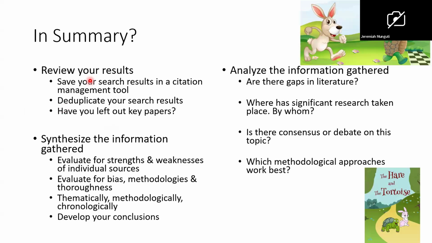Please, as you go about, review your results. Save such results in a citation management tool. And this is where I bring about, I have a preference to Zotero. It's easy, it's nice, it's wonderful. I found people who die by it. Choose. Deduplicate your search results. Most of you will be reading at your work and you'll find Munguti et al. 2020 and Munguti et al. 2020A. That A, confirm whether it's not the same guy you are trying to quote twice, so that you remove one. Synthesize the information